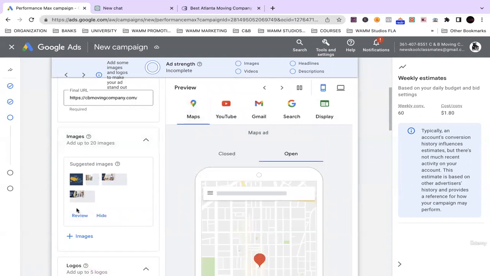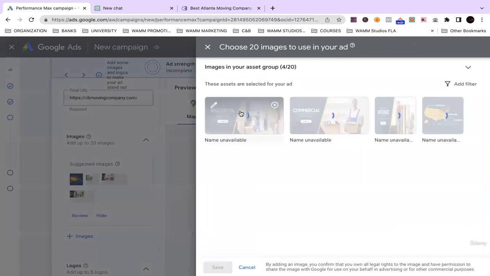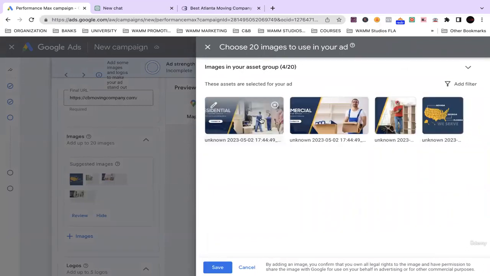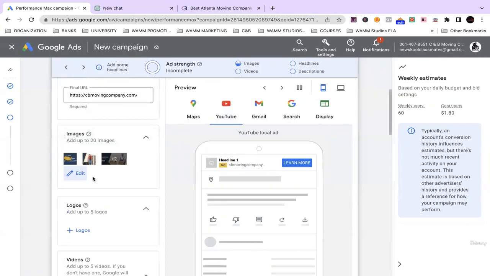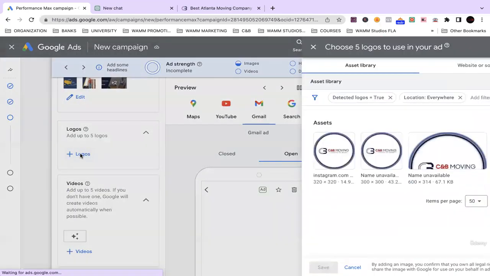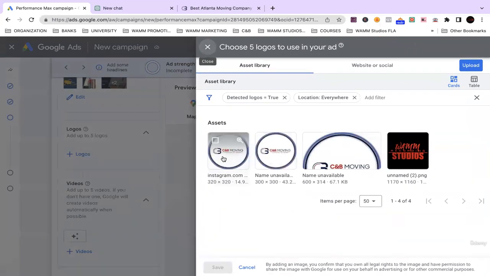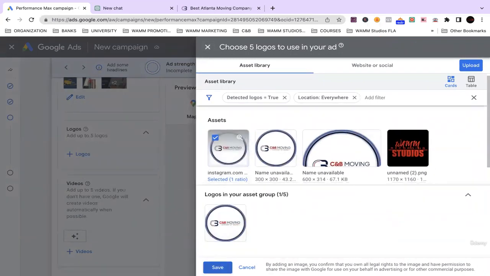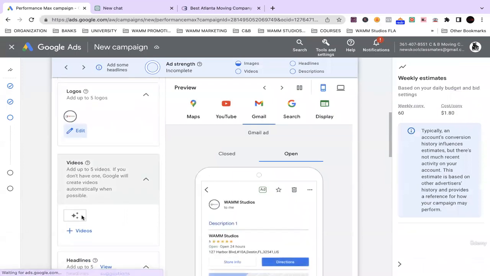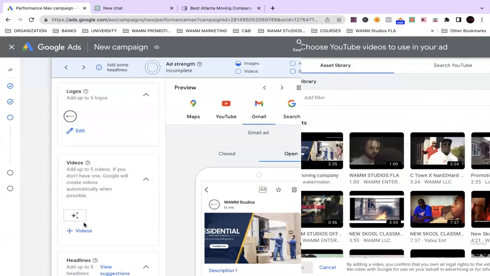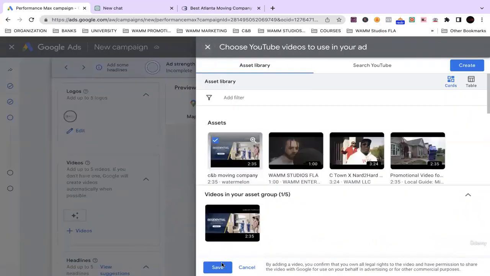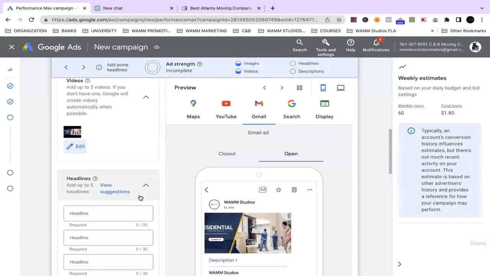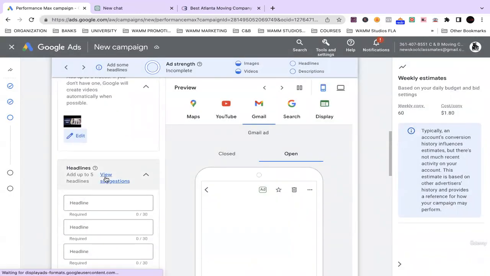All right, so images, let's see. It already has some images selected for me because we already did a Performance Max campaign previously. So I'm just going to choose the images that were selected. Got logo. We already got the logo selected. All right, videos, we should have a video. All right, headlines. Let's see, it says view